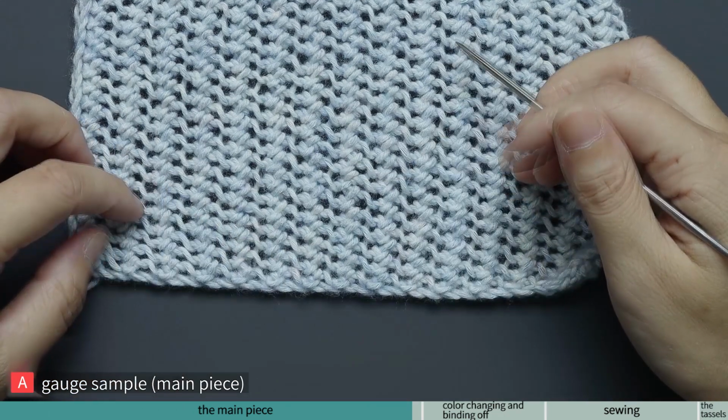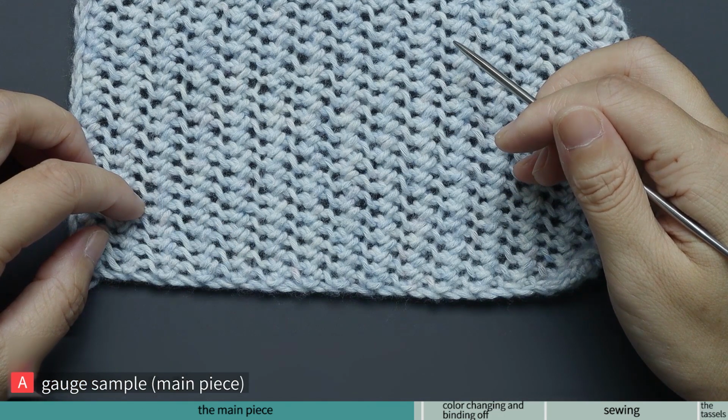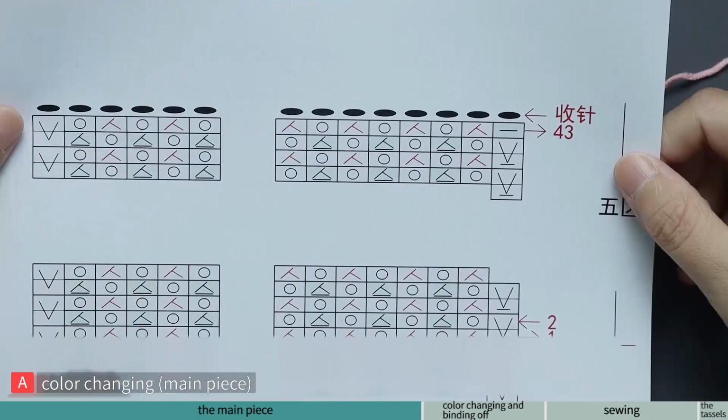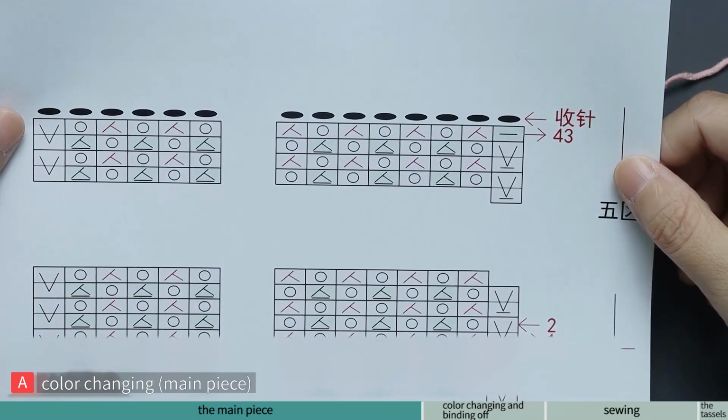Usually, a difference of less than 1 centimeter from the given dimension is acceptable. If it's larger than the given dimension and exceeds 1 centimeter, we recommend knitting tighter or switching to finer needles and re-knitting. If it's smaller than the given dimension and exceeds 1 centimeter, we suggest knitting looser or switching to thicker needles and re-knitting. Next, the knitting method for each row of the main part is the same as row